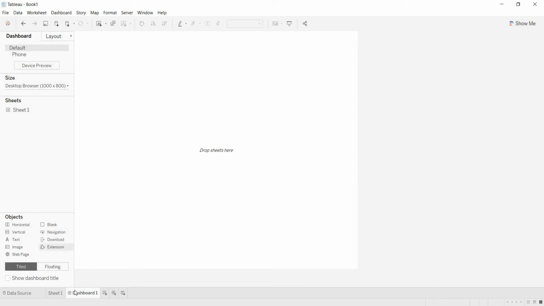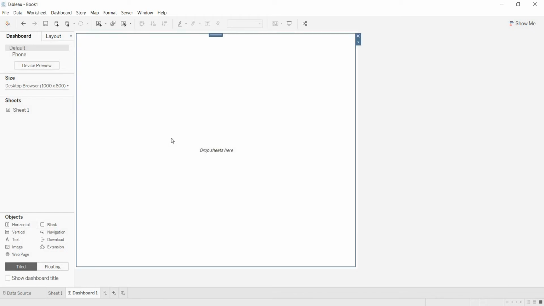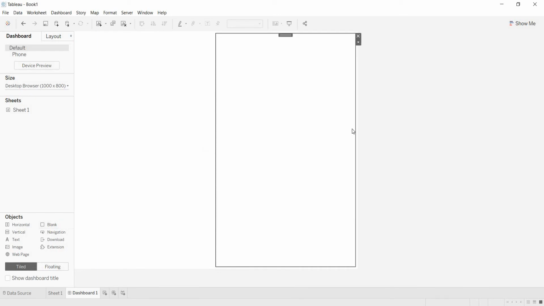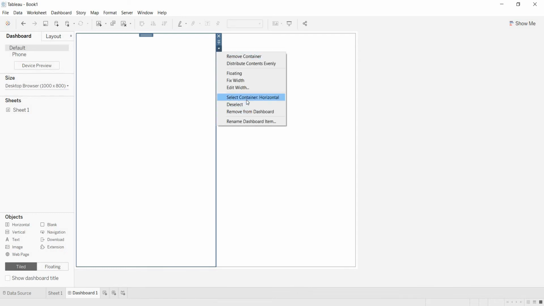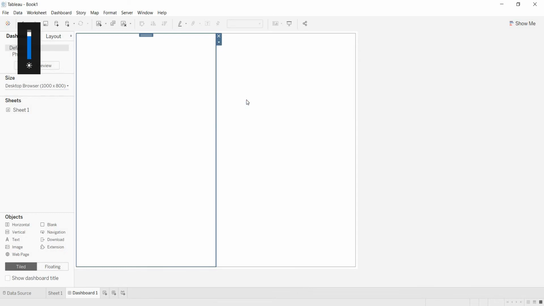Now, to place some sheets in the dashboards, we generally take objects, this horizontal container or vertical container, based on our requirement. For example, here I am taking one horizontal container for the entire dashboard. Within that, again, I am taking one horizontal container and one blank object here. Blank object, not container, blank object. So this is my horizontal container. We are clear about that, right?